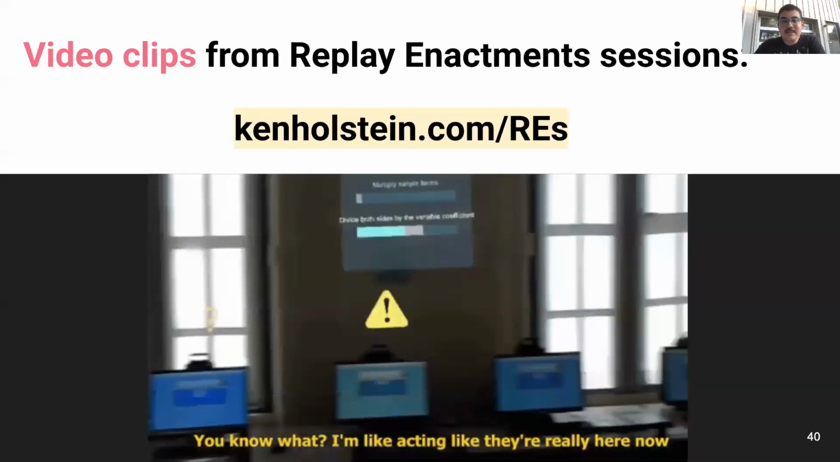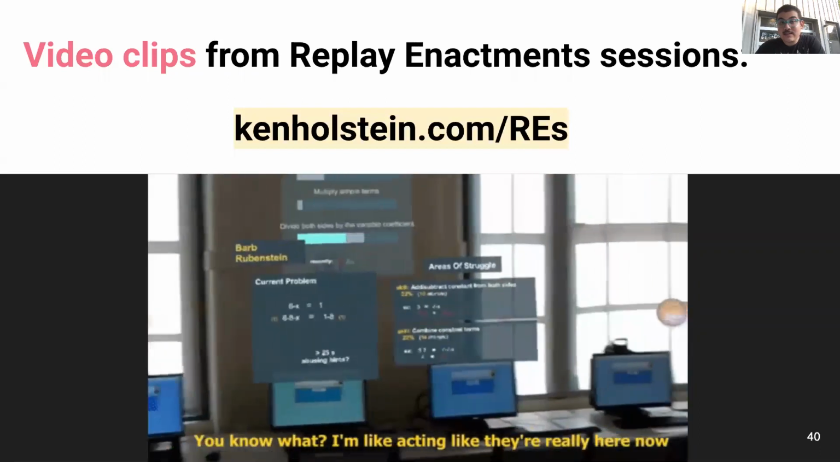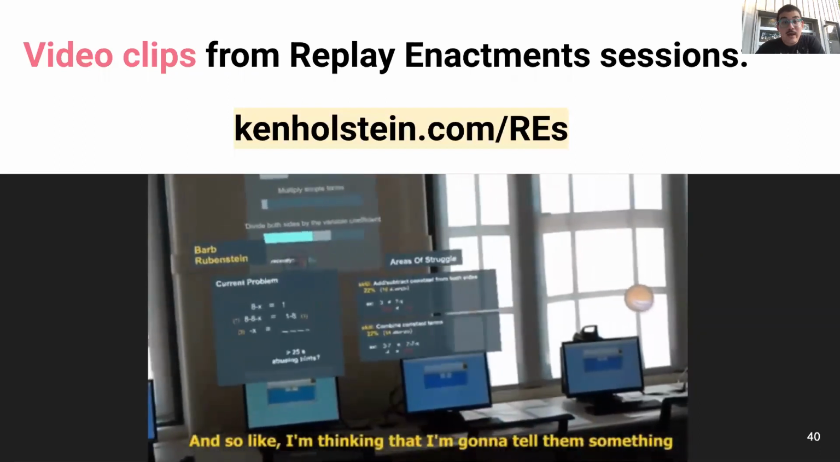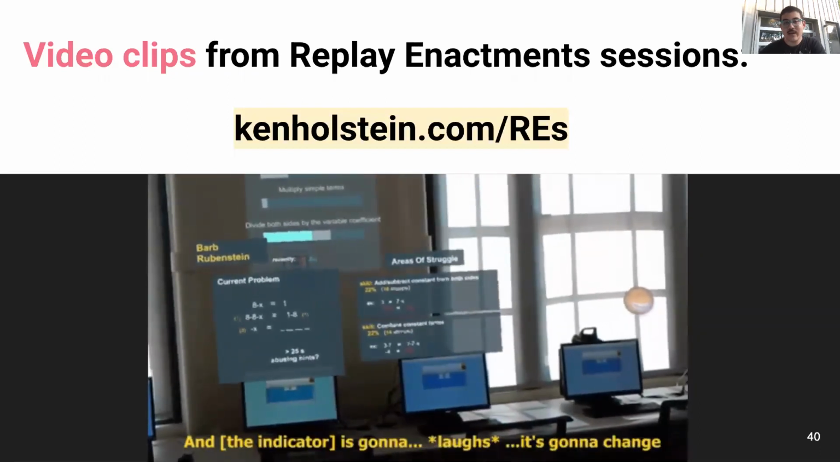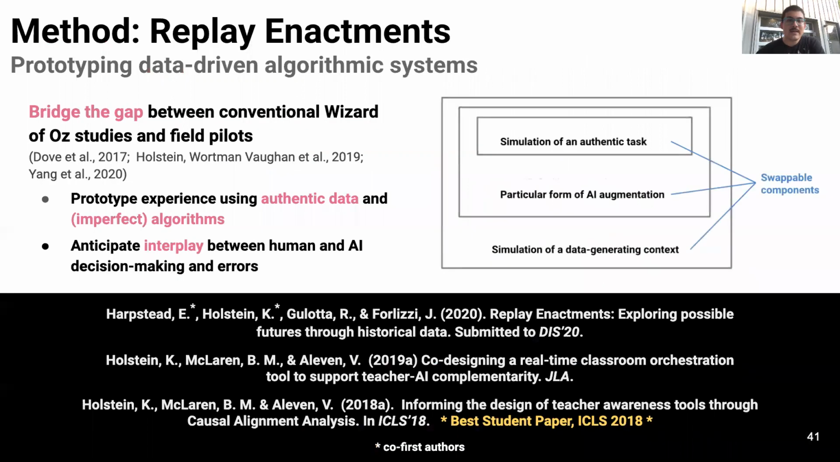So replay enactments is one response to calls in the HCI and design communities for new kinds of prototyping methods for data-driven AI systems. By using authentic data and algorithms, replay enactments can reveal critical issues that conventional Wizard of Oz studies can't surface. For example, the interplay between human decision-making and a prototype's false positives and false